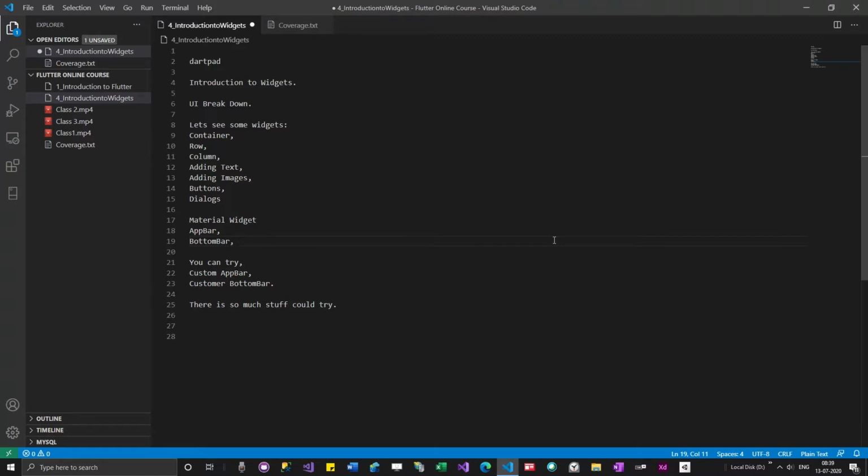6 GB is okay if you are giving 2 GB to your emulator. 8 GB is good. Anything more than 8 GB, like 16 GB, you can run multiple emulators and everything. You can do whatever you want. So when you're purchasing a computer, you need to ensure that you have more than 4 GB of RAM. Storage wise, if you have an SSD, it will be much faster. If you have an HDD and a good processor, it will be fast enough.